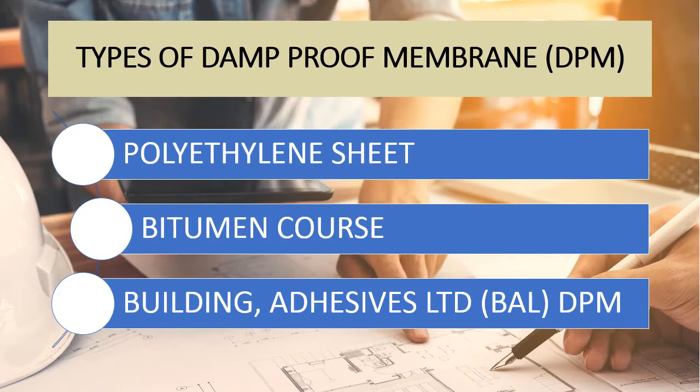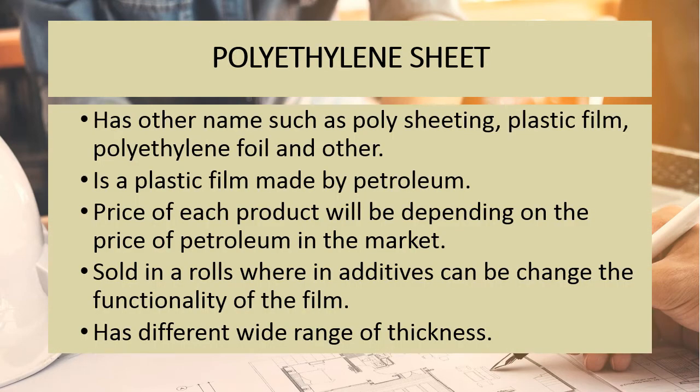Lastly, I will tell you about the types of damp-proof membrane. There are three types based on my research. The types of damp-proof membrane are polyethylene sheet, bitumen coat, and Building Adhesive Ltd, in short BAL damp-proof membrane. For the first type, that is